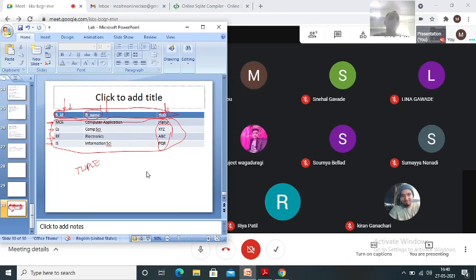Once you insert all the values, you must have all these 5 tables: student table, branch table, then author, book and borrow. All 5 tables with these values. Whatever entries we have made, only those values should be there in your table.